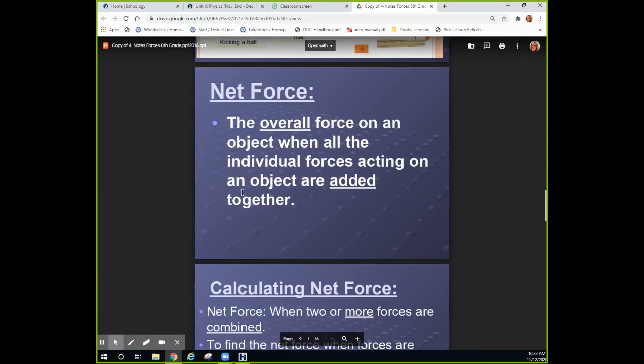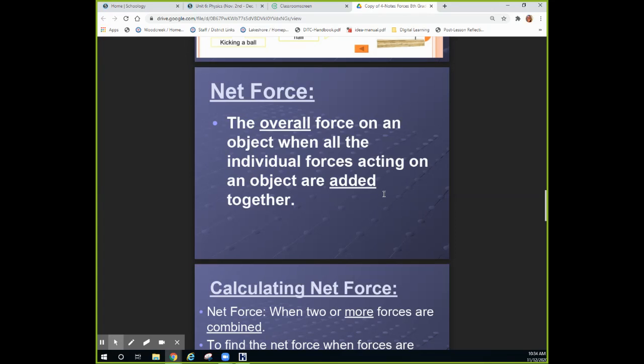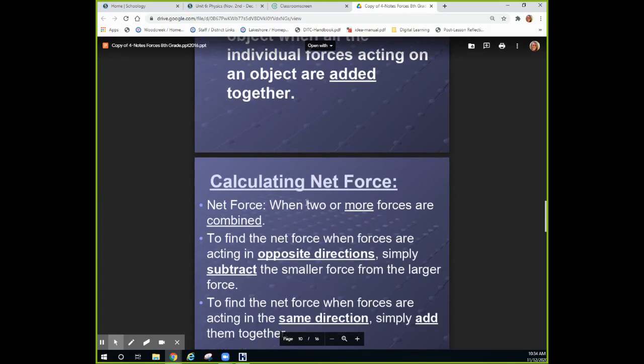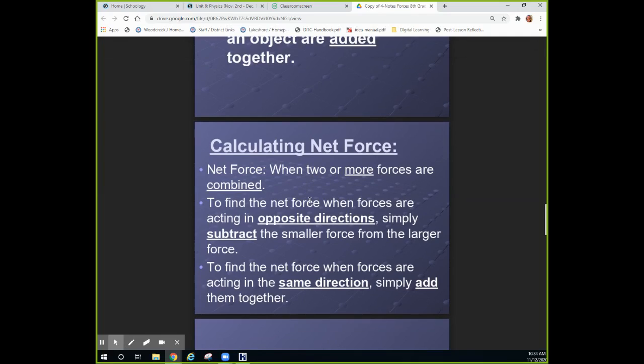So, net force. Net force is the overall or total force. It is the total force on an object when all the individual forces acting on the object are added together. So we calculate net force by adding up all of the forces on an object. We calculate net force when two or more forces are combined. Now to find net force when they're in opposite directions,